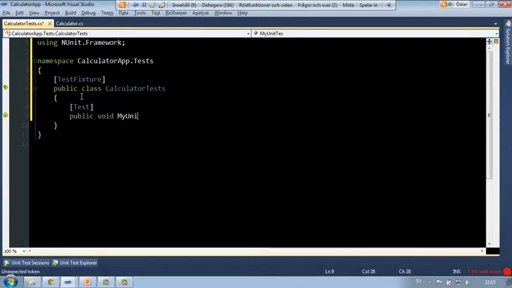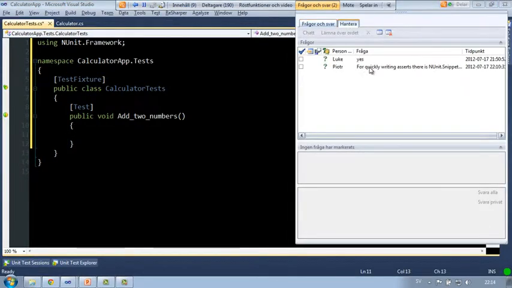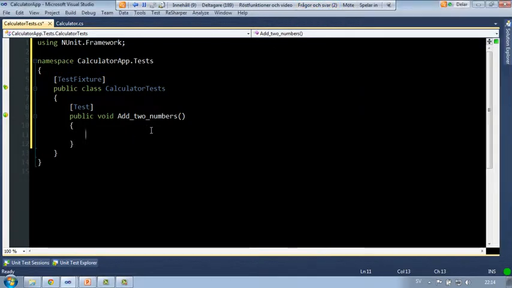So in this case, what we want to do here is test the add method, that it should add two numbers. So I would probably name this method add two numbers. Okay,